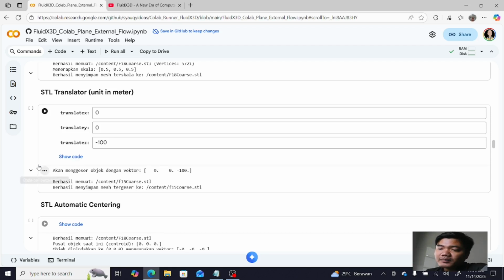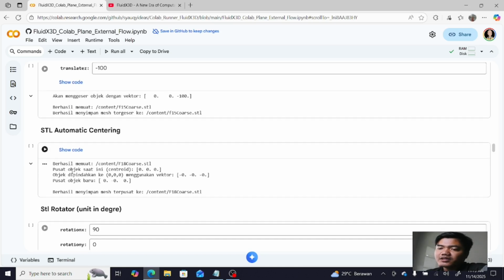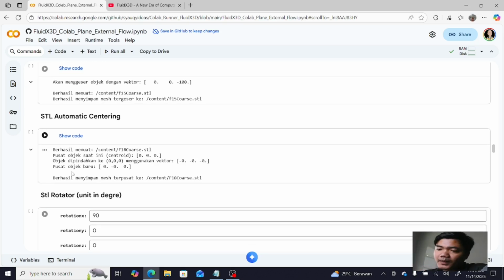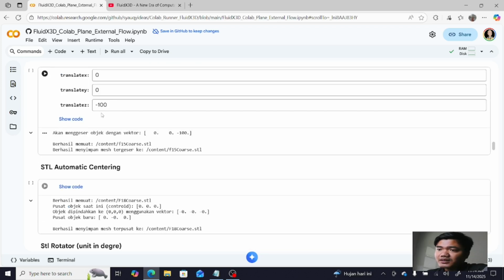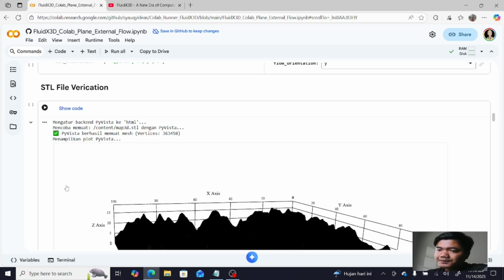And then the automatic centering. This is just simply centering your object, your geometry, at the center. And then the rotator, this is if you want to research how the angle of attack is affecting your aerodynamics. You just change it and see the change in here.